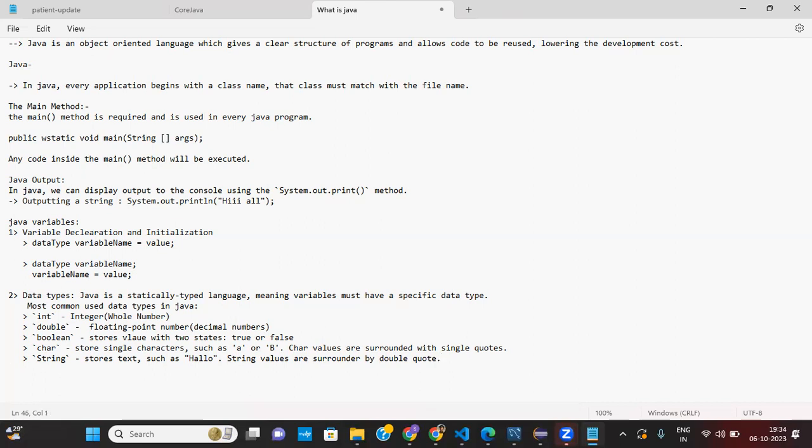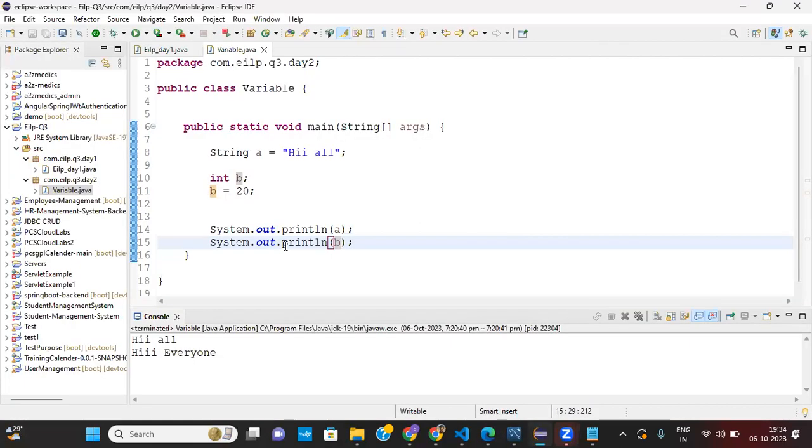And next, what we have. If I come to here, suppose I have this string variable A and B, right?